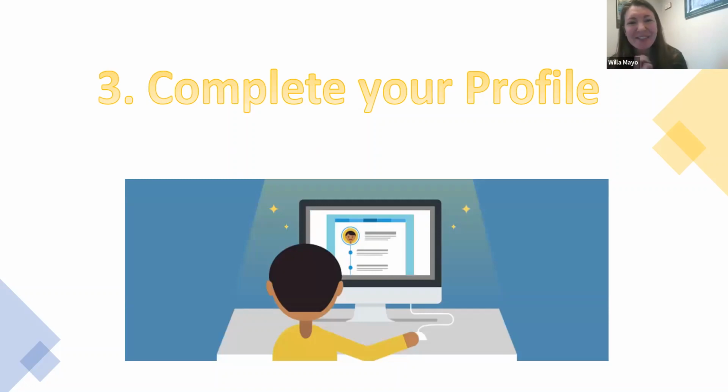So tip number 3 is to complete your profile. Again, this might just seem like, yeah, I know I'm supposed to add a picture, whatever. It's weird to put your picture on things. I hear you. But this really does make a difference, and you want to complete your profile as much as possible because, and you can go to the next slide here, Kate,